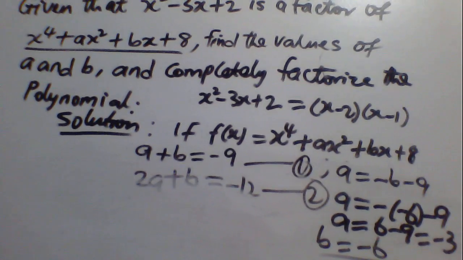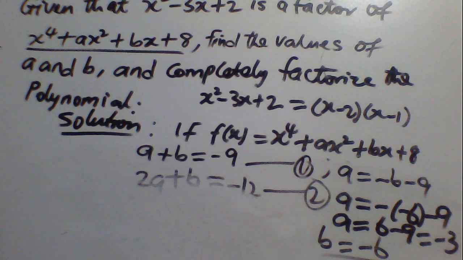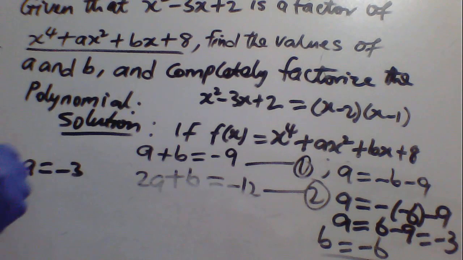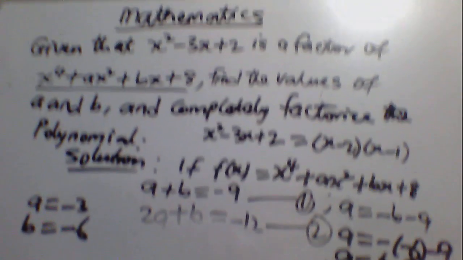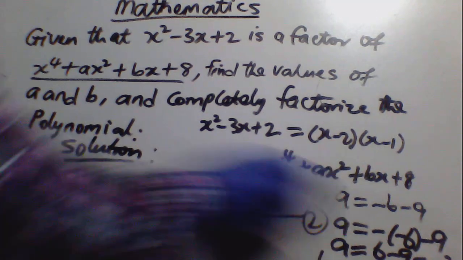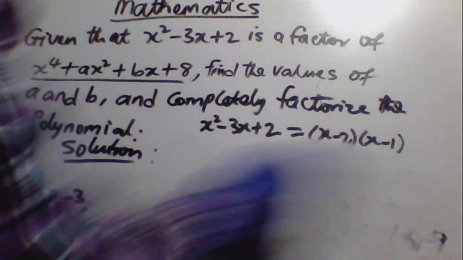So you can now return to the question. You're asked to find A and B. So in this case, we now know that A is minus 3 and B is minus 6. That is what we are required to solve. Once we have gotten these two,